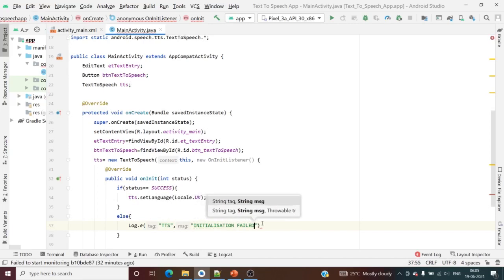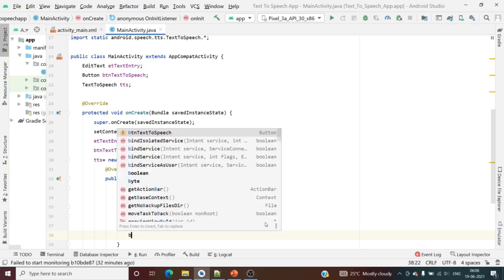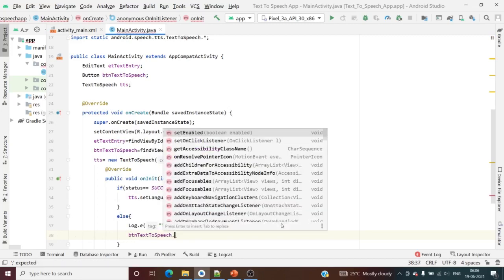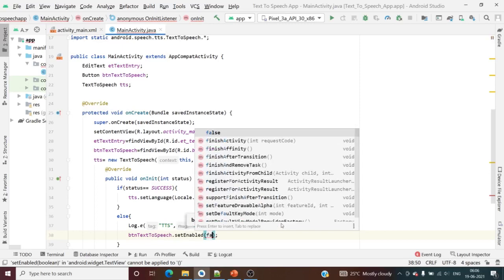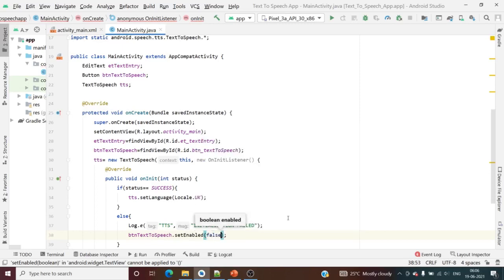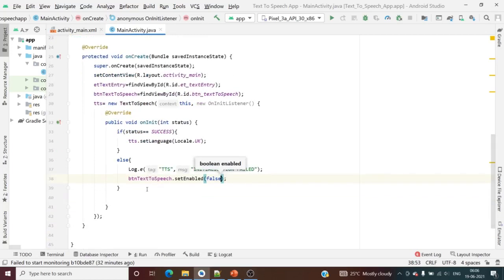Not only that, when the initialization has failed, the button should not be enabled. That is button text to speech dot setEnabled. What do I have to do? Set enabled is false now. Why am I making it false? Because my initialization has failed. You cannot show the button, the button is disabled. That is the initialization process.